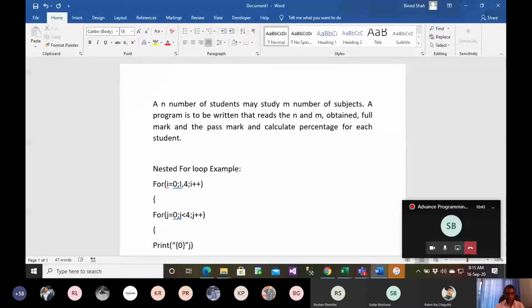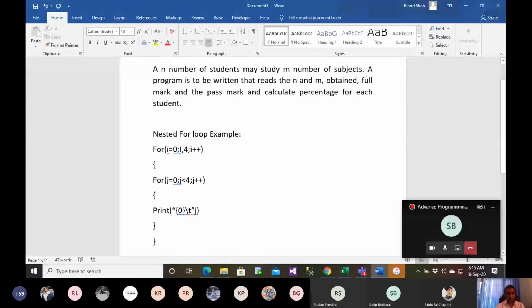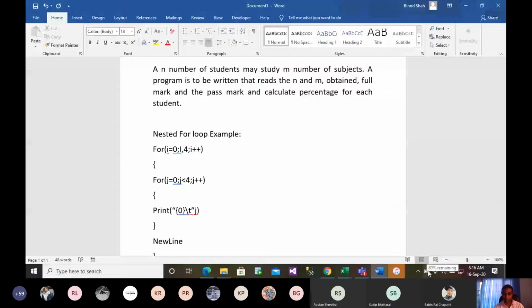And for every jth operation I'll also put a Console.WriteLine here.